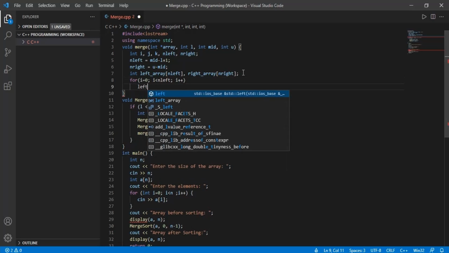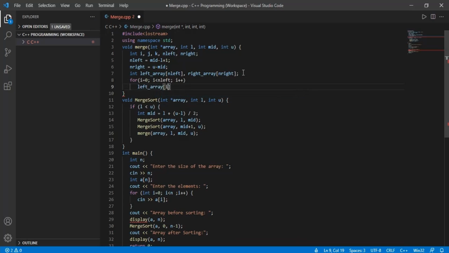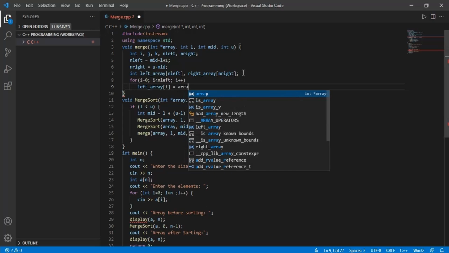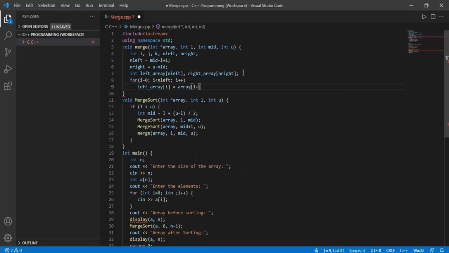Then we'll write left underscore array of i equals the original array of L plus i. So L is the lower bound, and as it's the left subarray, it will start from the lower bound itself, and i will be used to access the consecutive elements.